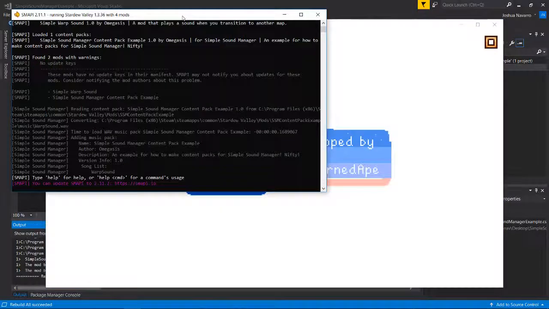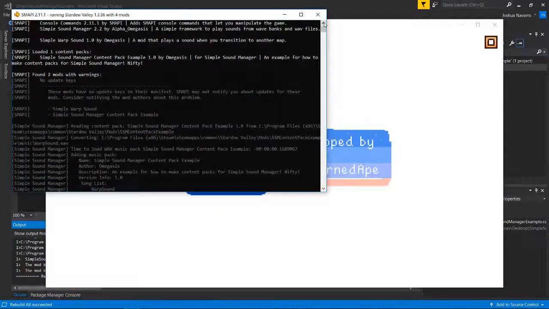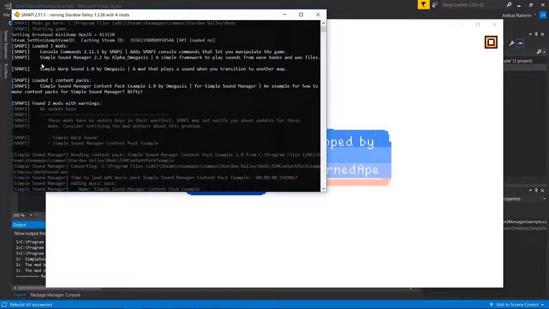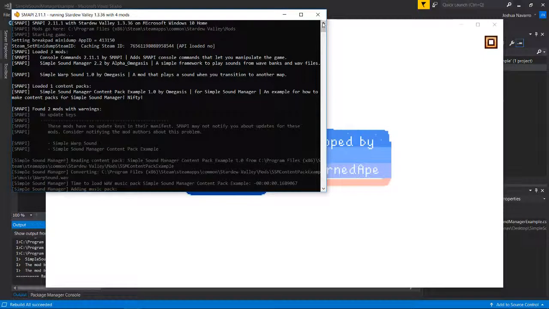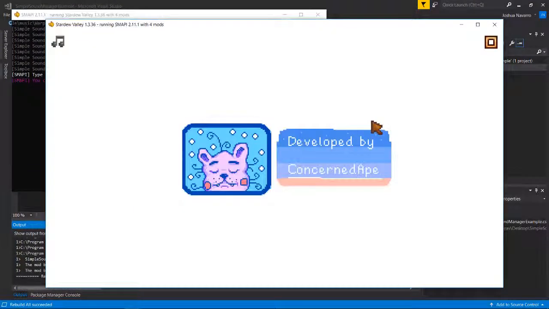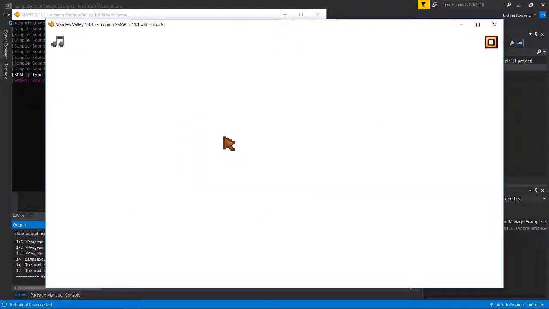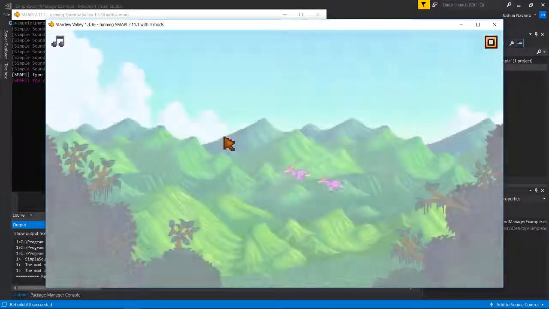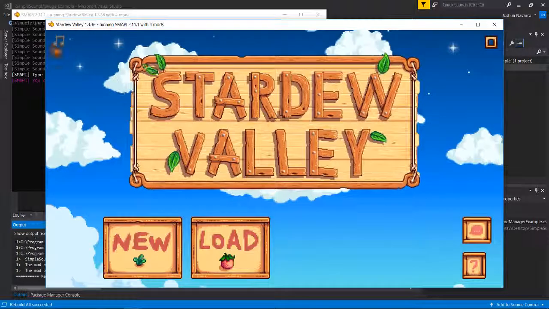So let's just open up our console real fast, and we'll see that it's loaded 3 mods now: console commands, Simple Sound Manager, and then Simple Warp Sound. So thankfully it loaded in the first time. I wasn't sure if I did something wrong or not. So now we can go back to Stardew Valley, and let's just, for good measure,